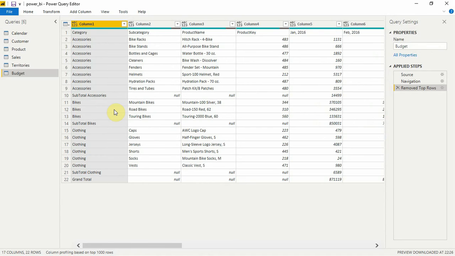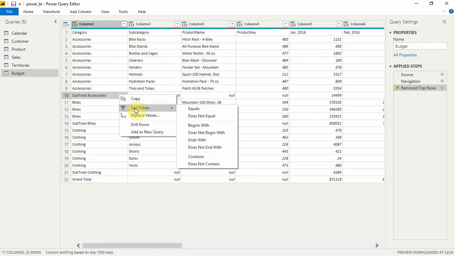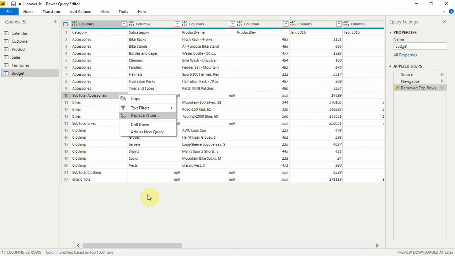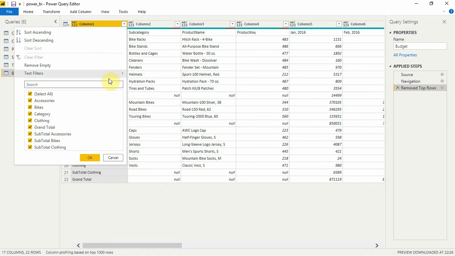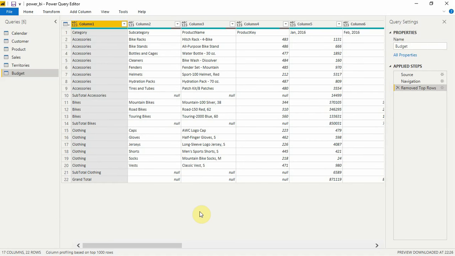Now we'll remove all the columns. Okay, so we want to remove the subtotal column, subtotal bikes and subtotal clothing.